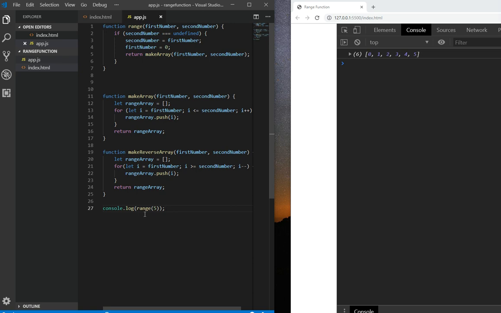So when we run the range function with 5, 5 is the first number. Second number is undefined. There is no second parameter. So if second number is undefined, which it is, second number becomes the first number. So we take 5 and we put it into the second number. So the second number is now 5 and the first number is now 0. We then return